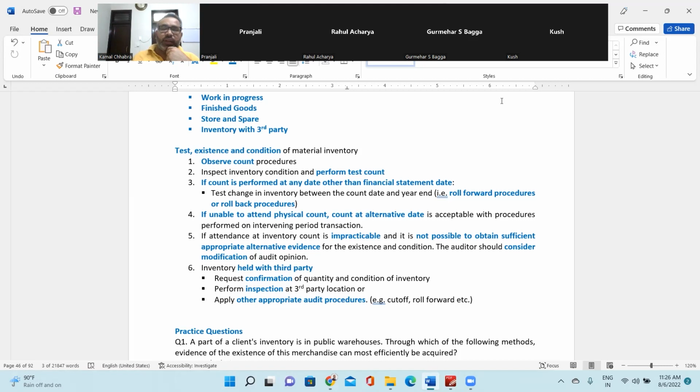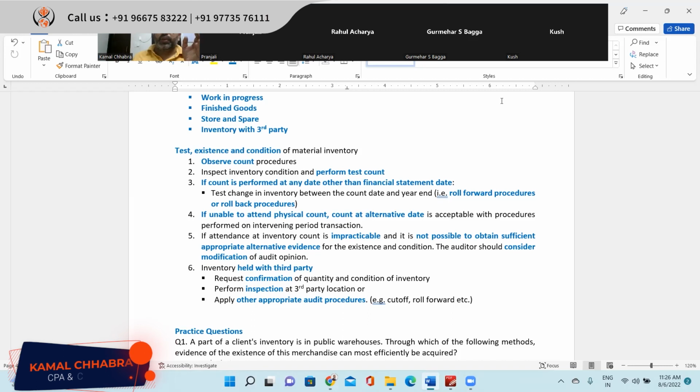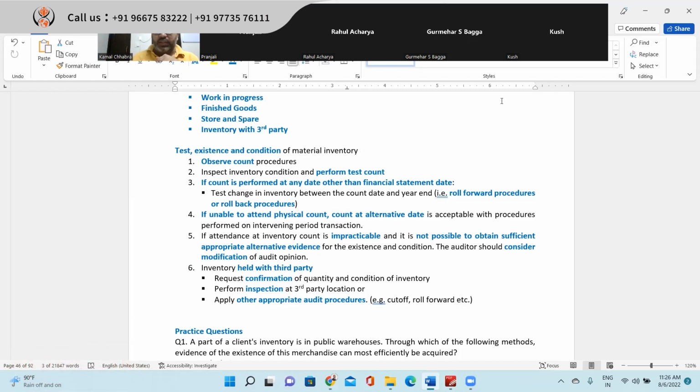In that scenario, you'll be performing the inventory count in, let's say, March 2022. In that case, you'll be doing a rollback procedure. That is, from 1st March 2022 back to 31st December 2021, whatever purchases and transfers have taken place, you'll be testing those transactions. That is called rollback testing. Make sense?